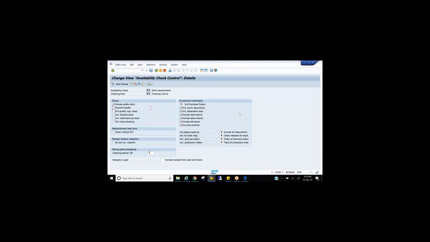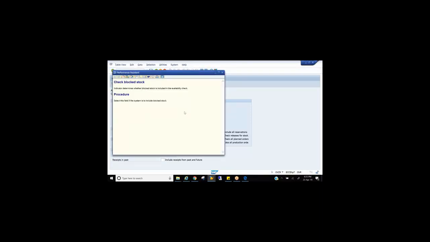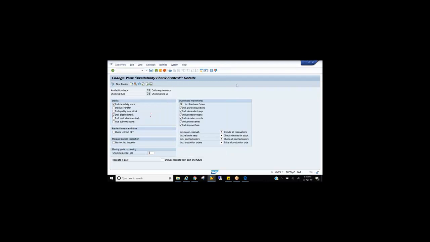Sir, sorry to interrupt you. But what is this blocked stock? What's the difference between blocked stock and restricted use stock? I mean, both are the same thing. No, there is a difference. Blocked stock means it can be blocked for different reasons. It can be blocked temporarily because of some quality issues, and after that you can sell it again, or it has been blocked because it is close to expiry, that means the expiry date is about to expire.